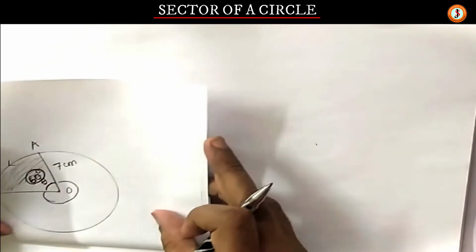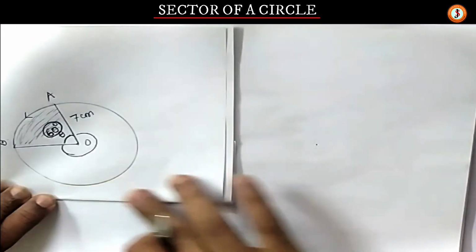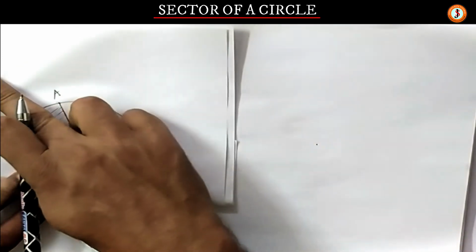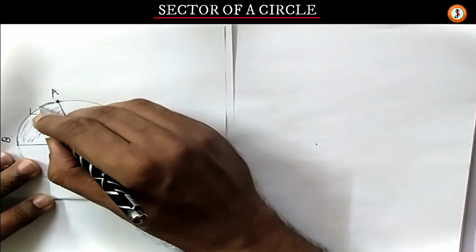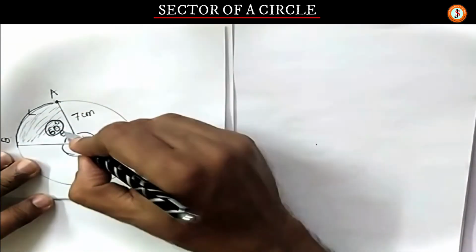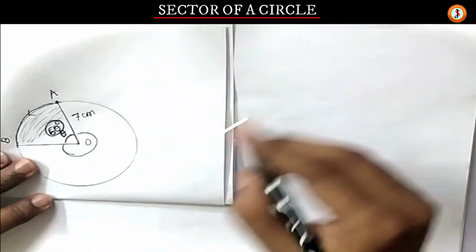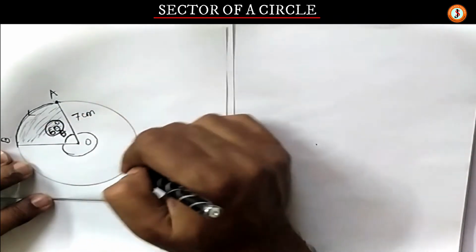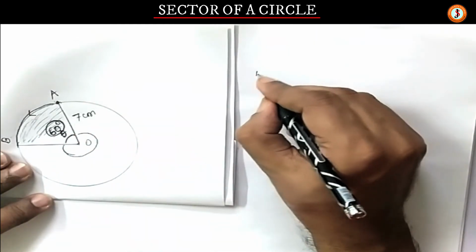And I will try to derive by the unitary method. If you can have a look at this, if it is visible to all of you. Suppose I am trying to find out how much distance this point covers when it travels from A to B when the angle is theta. So suppose this goes one round, when point A moves one round,